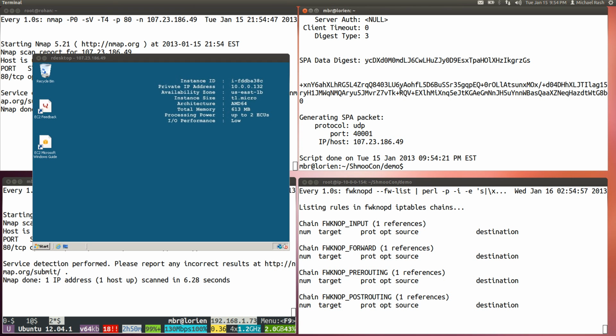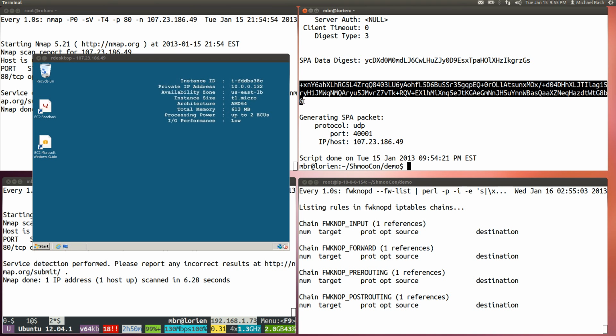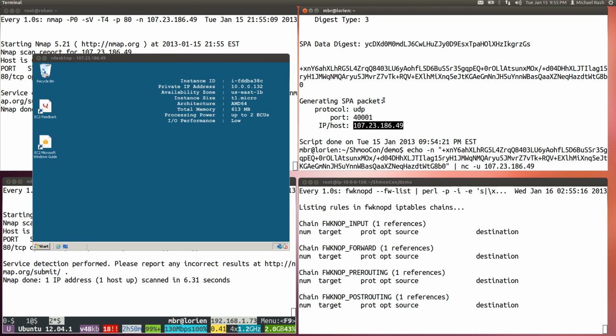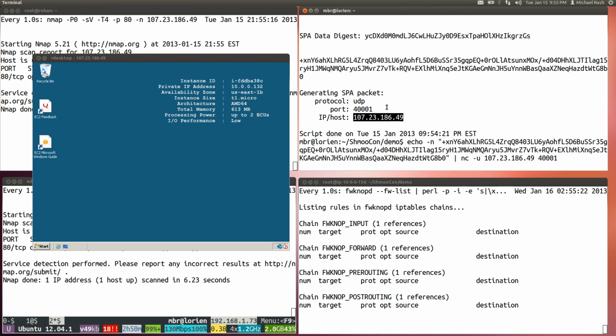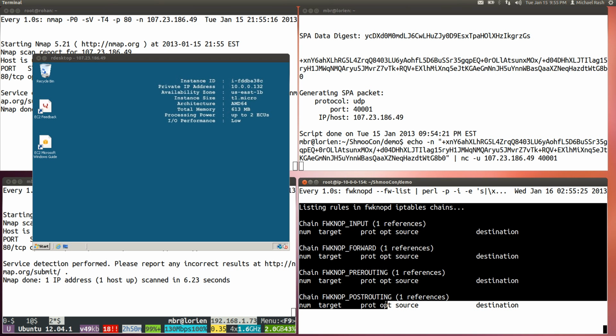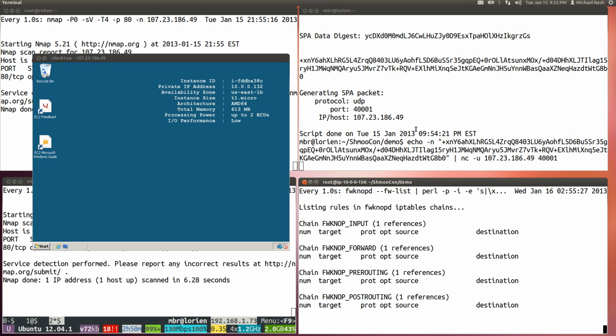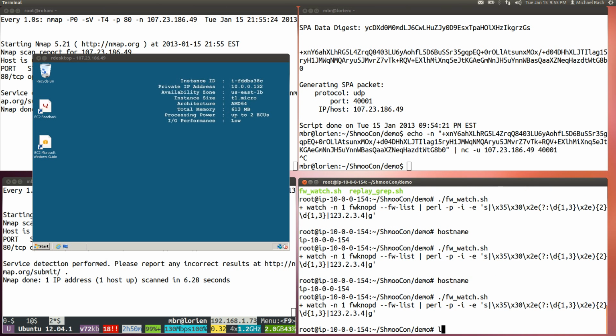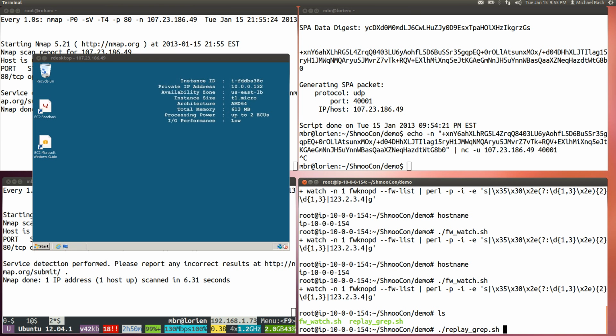Now, since I ran the fwknop client in verbose mode and captured its output, this is the raw SPA packet data that's sent over the wire. So I'm going to replay this data with netcat over a UDP socket to the EC2 instance. Note that the list command is still running, but I don't have any new rules being created. So if I exit out of that and look at the